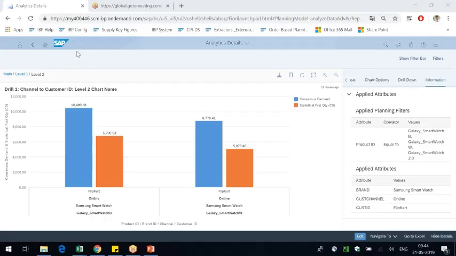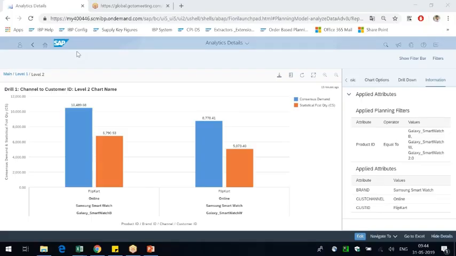Once we're done with the model configuration, we get into the actual modules that are there in IBP: demand planning module, inventory optimization, supply planning, and then finally we'll create the sales and operations planning. So the four modules we'll cover there. The fifth module, control tower, we are covering first. I'll give you a heads up on what we're going to cover in the next couple of days. As I'm saying now, the next couple of days we're going to spend on control tower.